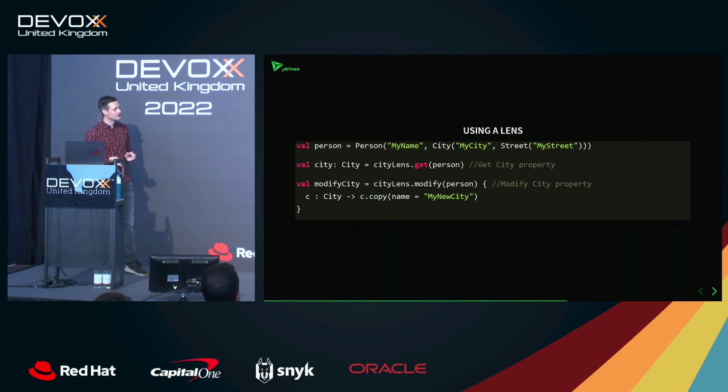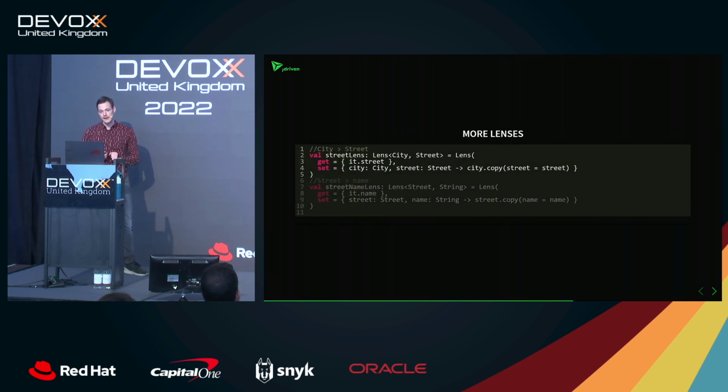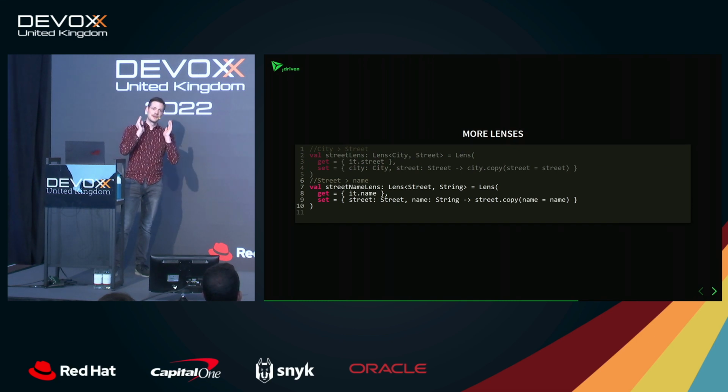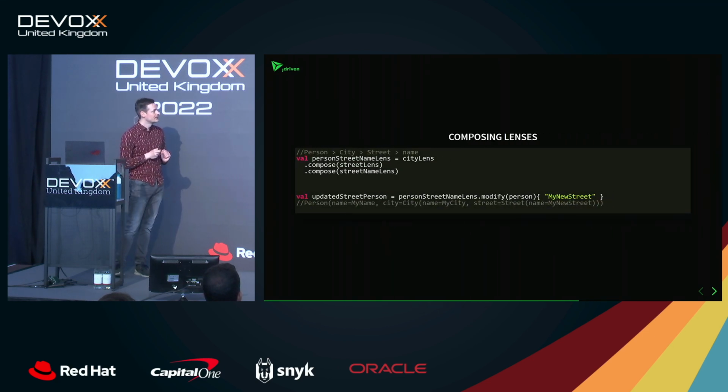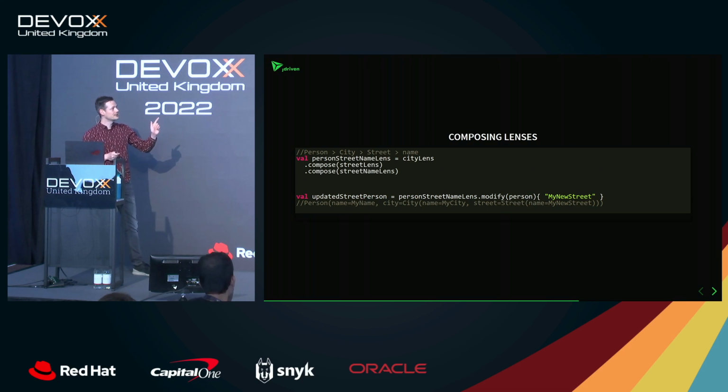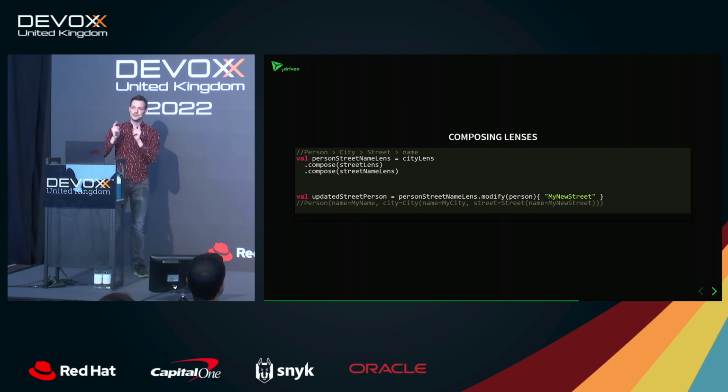The power comes if we create more lenses. We can now create a lens that goes from the city to its street property, and a lens that, given a street, goes to the street name property. And now we can combine those lenses. So we now have a lens from person to city, from city to street, and from street to street name. By composing those, we can go all the way from person to the street name. And now we can use this lens to instantly change the street name in a single operation,